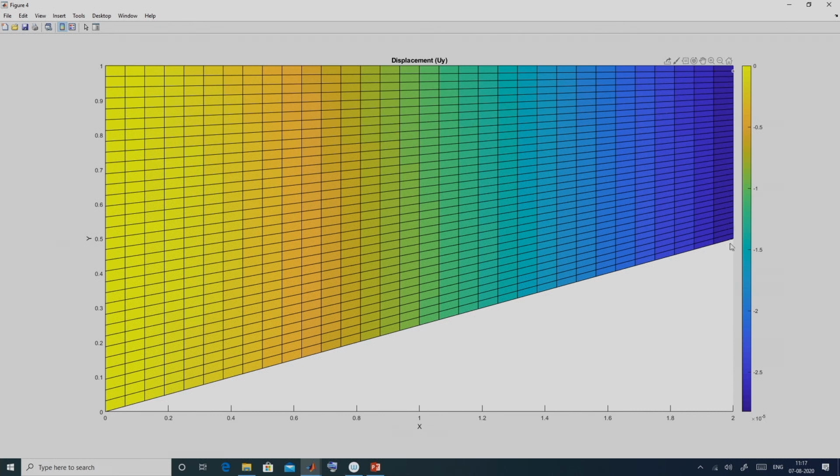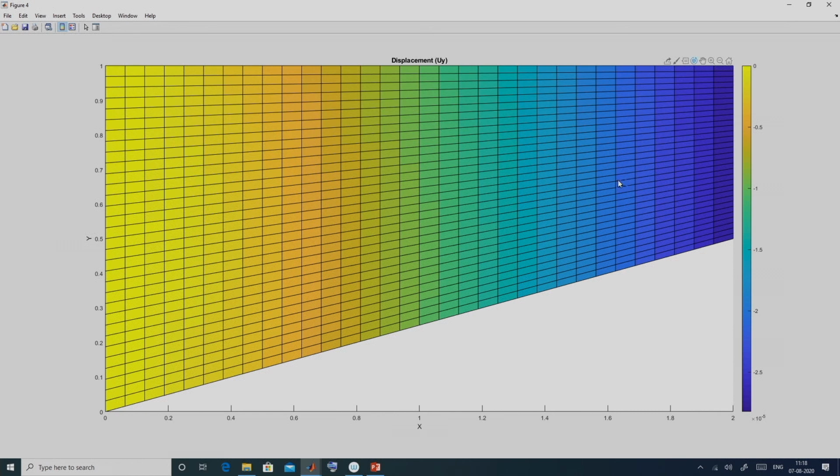The blue part shows a displacement of minus 10 to the power minus 5, minus 2.5 into 10 to the power minus 5. This says that all the points in the domain are going downward. Obviously, because the load is acting vertically downward, the beam is bending downward, which seems okay.